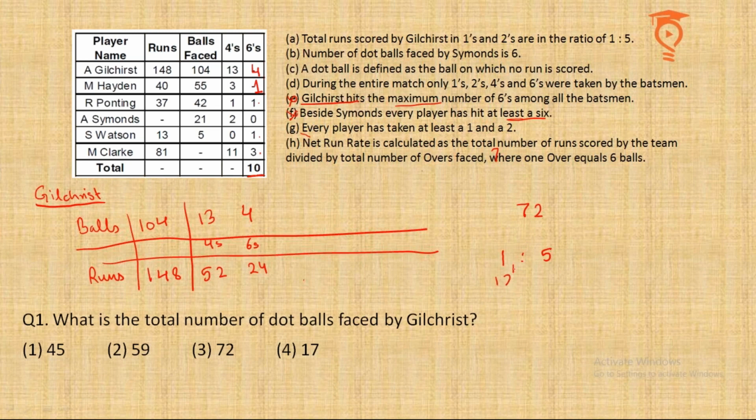1:5, which means 12 and 60, which means that 12 balls were spent on singles, which made 12 runs, and to make 60 runs by doubles he needs 30 balls. And we can find the number of dot balls now, because the total number of balls has to become 104. So 13 and 4 is 17, 29, 59, which tells me that 45 dot balls must be there. So this way we make 148 runs and 104 balls, wherein 45 balls were dot balls. So we are done with the first question.